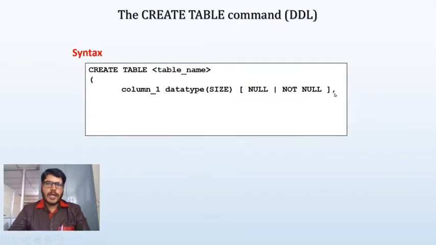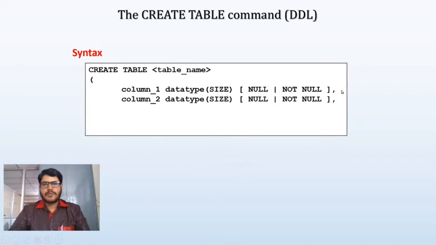So after putting a comma, we can write one more column definition like this. Again, I can specify student name, and after that give a space, mention the data type, mention the size, and if I want to include the constraints, then we can include the constraints. Otherwise, you can leave it. And also I can include a comma. Suppose I want to include one more column definition. Likewise, we can include n number of column definitions,